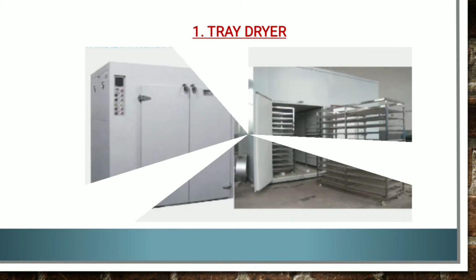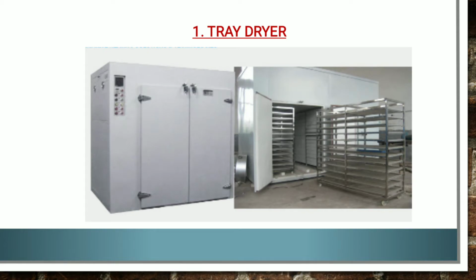So here you can see the tray dryer which is used for the purpose of drying of your granules. A tray dryer contains a number of trays in which the material to be dried is placed. Hot air passed over these trays and carries away the evolved water vapor. When material becomes dry, the contents are removed. The simplest form of heating is the source of heat, that is coil, is placed at the floor level and release on the natural convection.